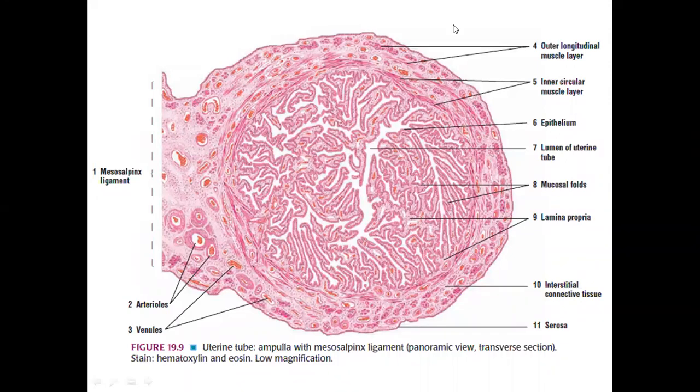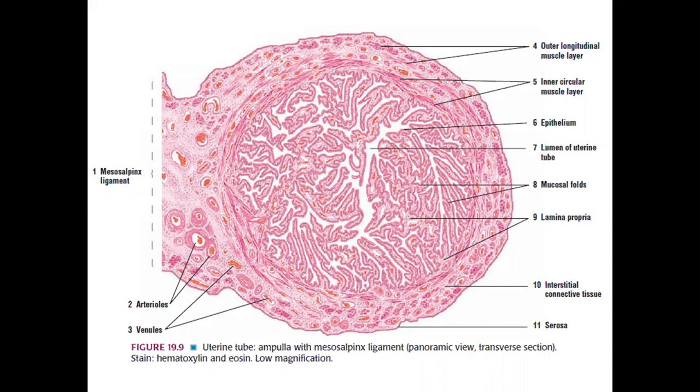To summarize the histology of the uterine tube, the uterine tube has three layers: mucosa, muscular layer, and serosa. There is absence of submucosa and muscularis mucosa in the uterine tube. The mucosa shows extensive folding, which leads to irregular labyrinthine small lumen of the uterine tube. The mucosa has simple columnar epithelium and lamina propria.